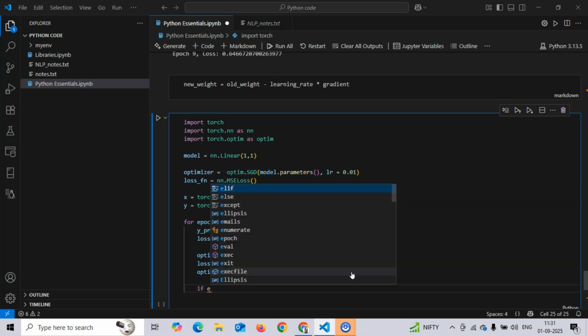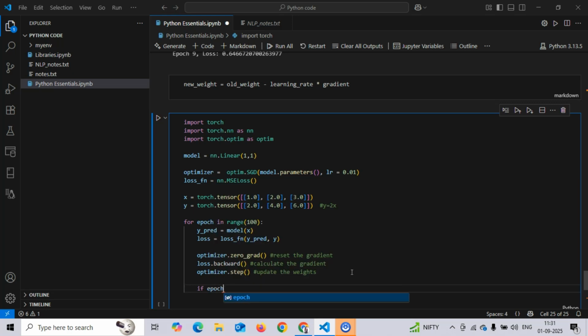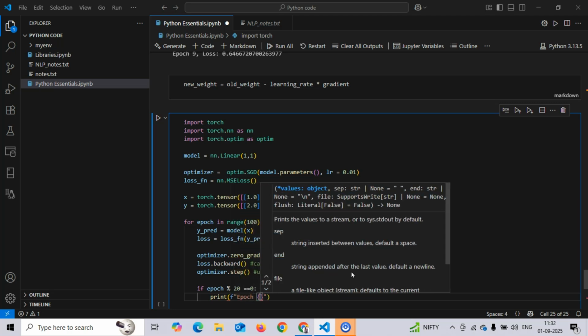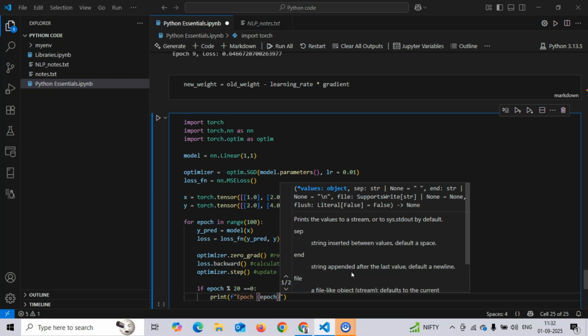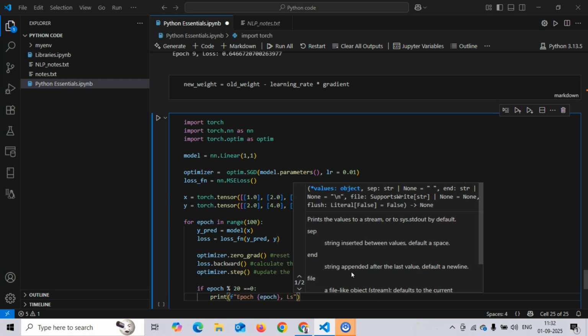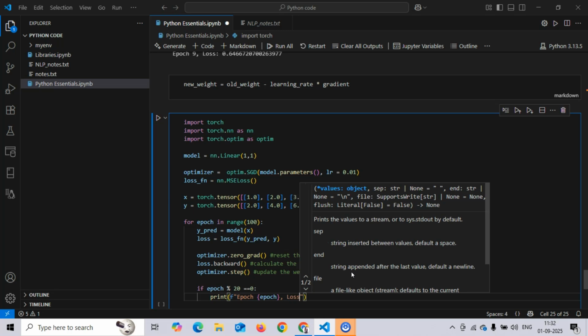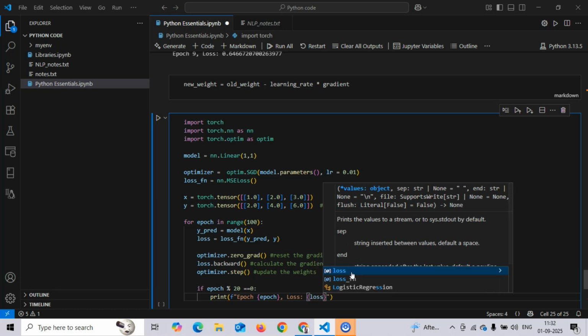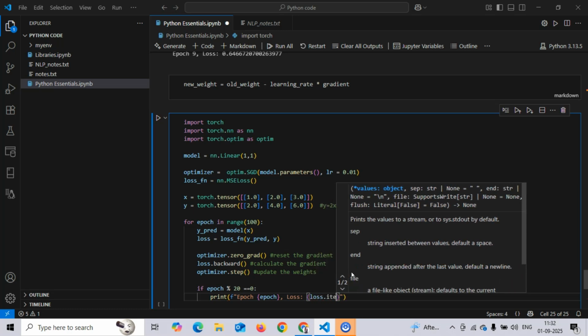Then we will be printing for everyone. We can't print all 100 values, so we'll be dividing by 20 and printing. So if epoch divided by 20 has a remainder equal to 0, please print it. So print epoch, which is basically the epoch value, comma, loss, which is basically loss dot item.